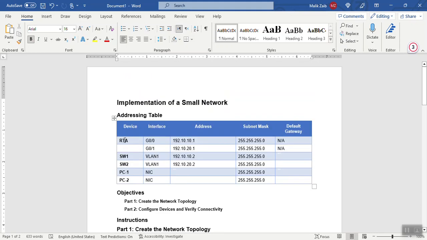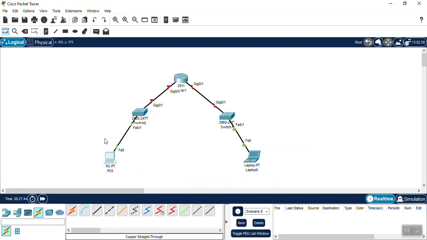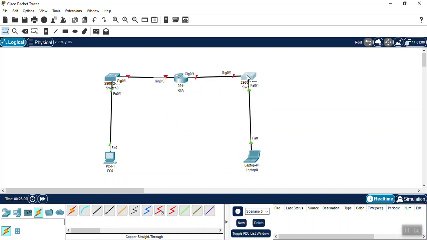As you can see here, RTA is the name for the router, and SW1, SW2, PC1 and PC2 are the names for the devices. First of all, we will give the names on our Cisco Packet Tracer workspace. RTA, the name of the router. If we are connecting in this way, I think it's better.